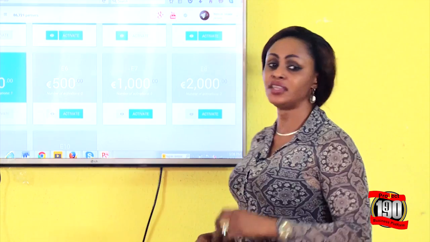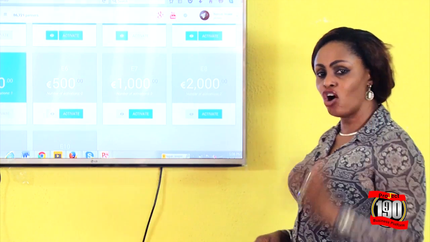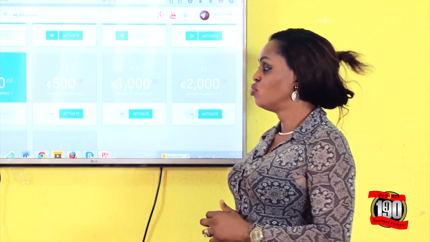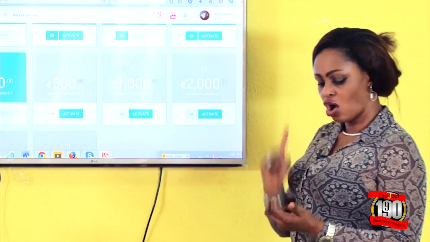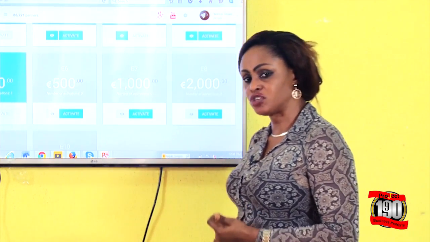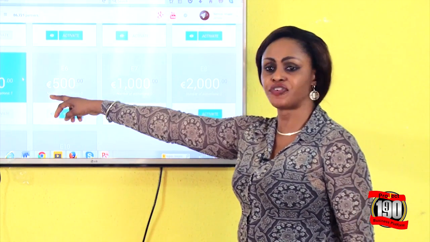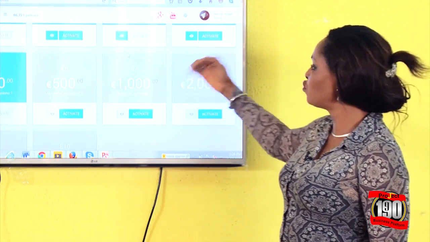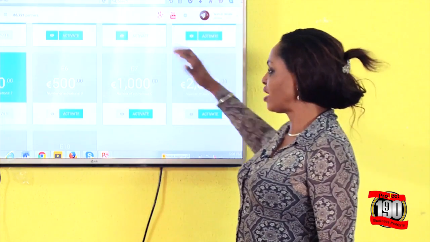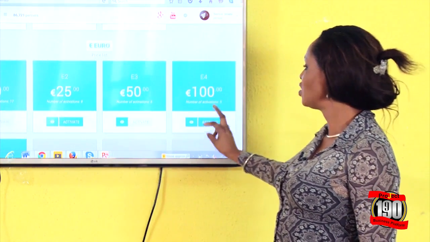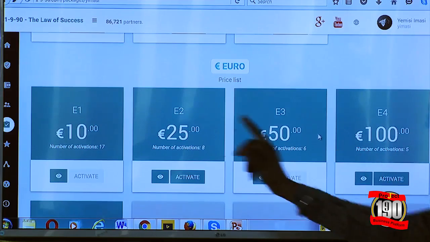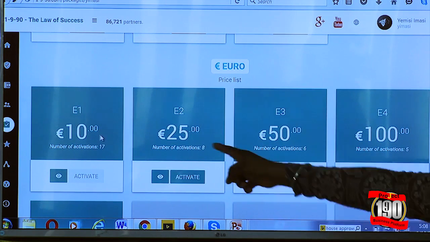If you are on the 435 euros package, which is 250 euros, 100 euros, 50 euros, 25 euros, and 10 euros together, then you should be on the 250 euro package. Then if you are on the 185 euros package, that means 100 euros, 50, 25, and 10 euros packages must